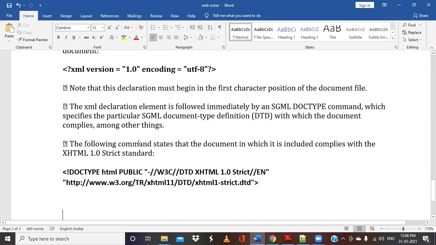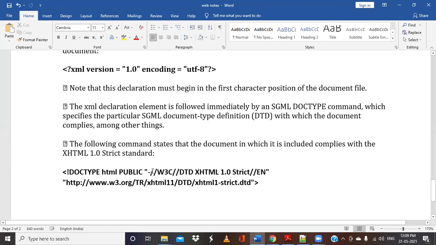So this doc type indicates that, and then we have something called DTD and so on. Many other things have been written here, but understanding all of them is very difficult. So what we will understand is the important things present in this. Again, it is a standard given by the World Wide Web Consortium. W3C stands for the World Wide Web Consortium, and DTD stands for document type definition.